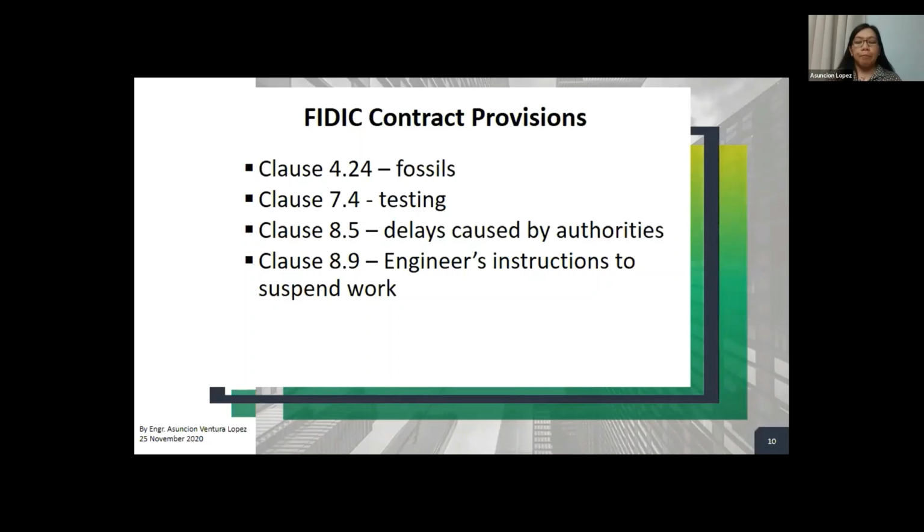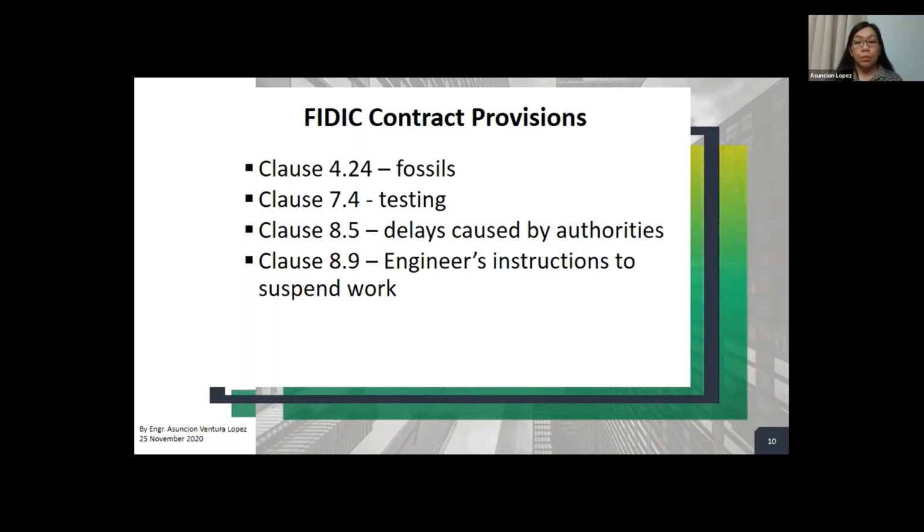The authorities, or the emir, I think, declared that a certain area in Doha was not allowed to be accessed, so no construction was allowed because they would be using the hotel in that area. So things like that can cause delays. In that case, the contractor was entitled to an extension of time.